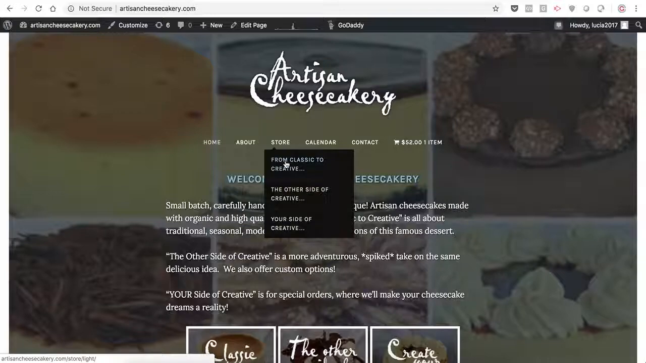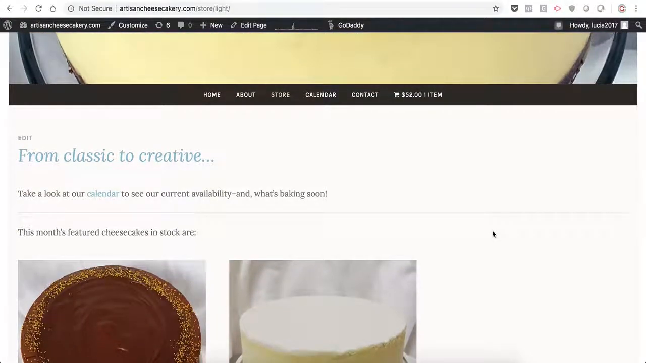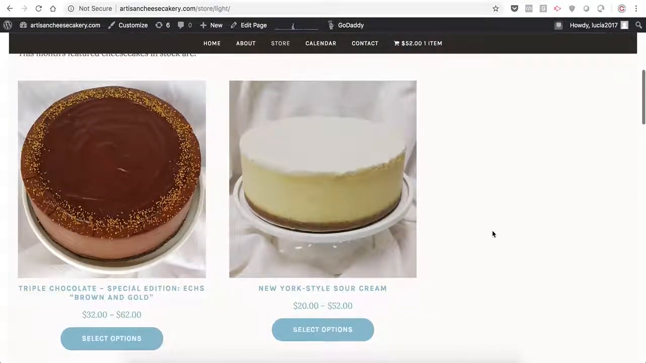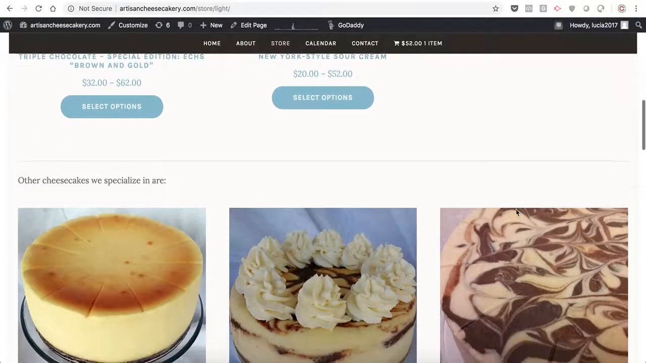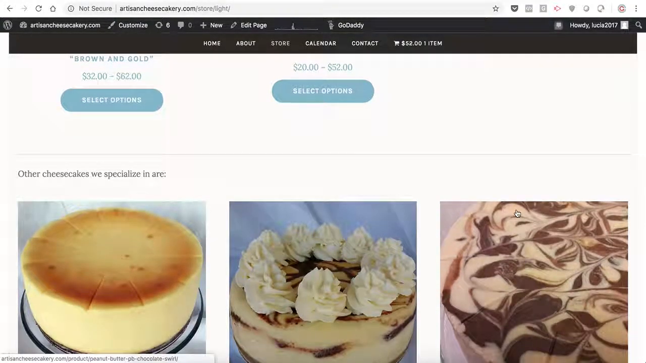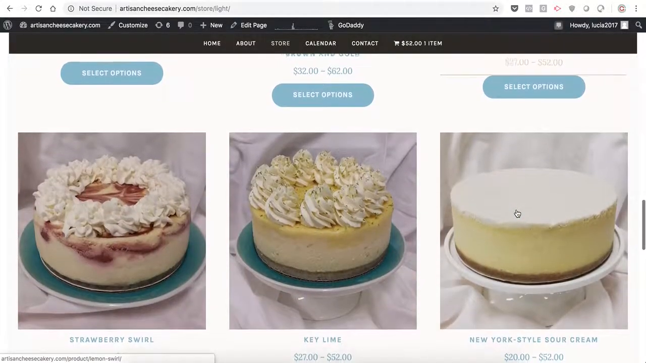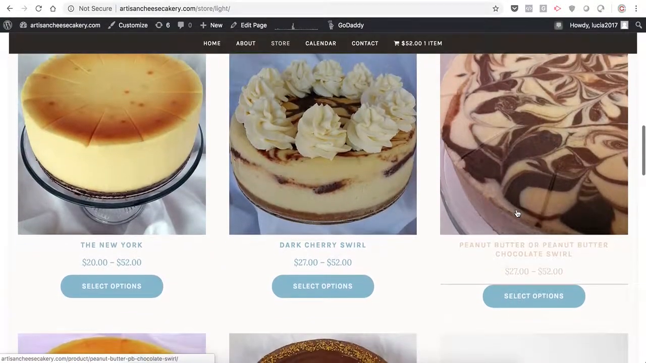I'd like to see something from classic to creative, so I go there, and I go to the page that has those. So it says, take a look at our calendar to see our current availability and what's baking soon. This month's featured cheesecakes in stock are this one and this one. So then I keep going down a little bit, and then it says other cheesecakes we specialize in are, and then it has these. Now what should happen is that when I click on one of these that's not currently in stock,